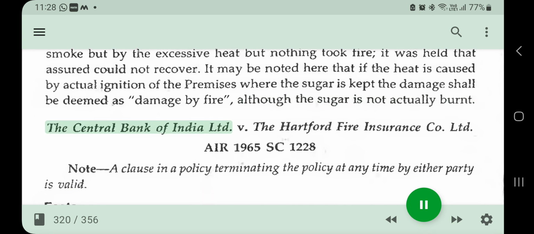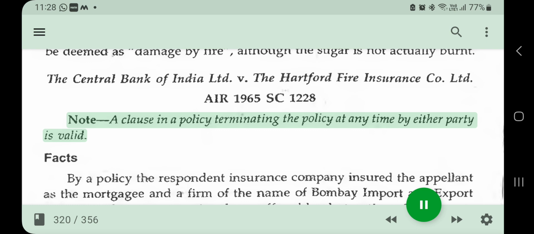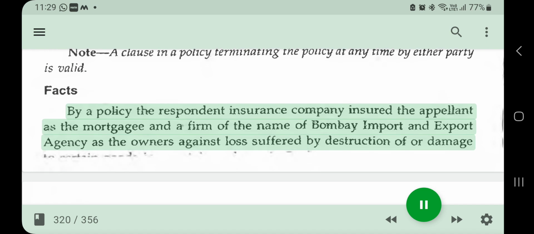The Central Bank of India Limited v. The Hartford Fire Insurance Company Limited, AIR 1965 SC 1228. Note: a clause in a policy terminating the policy at any time by either party is valid. Facts: by a policy, the respondent insurance company insured the appellant as the mortgagee and a firm of the name of Bombay Import and Export Agency as the owners against loss suffered by destruction of or damage by